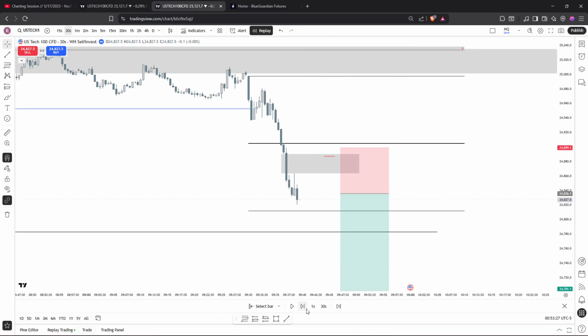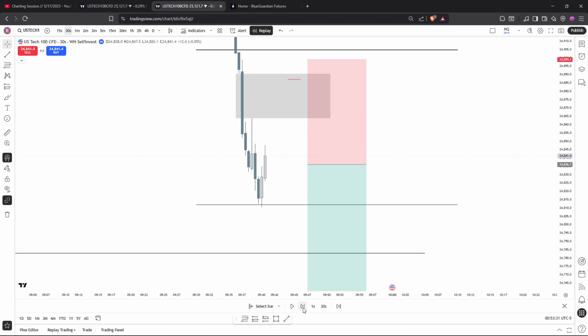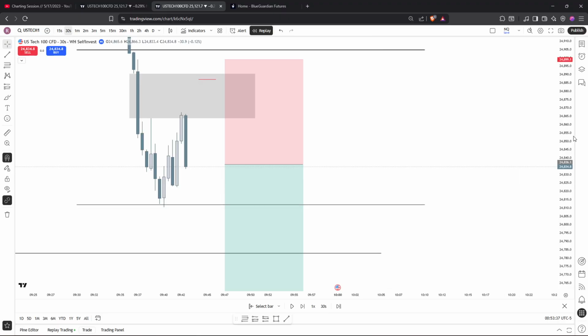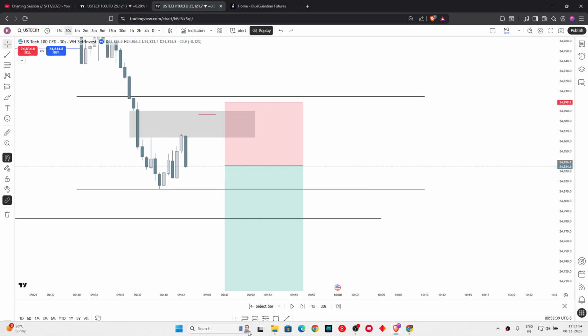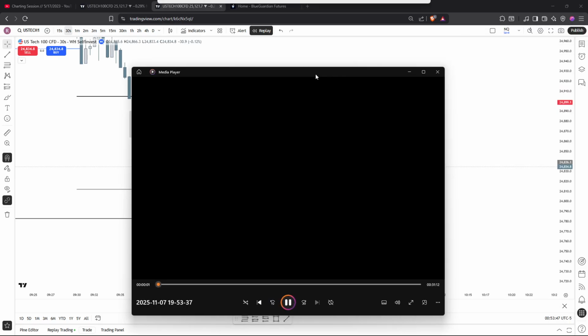Now the market came here, it formed a low, then we did get a manipulation movement here, then a pullback to the range, and here was my initial entry. If I just pull up my session execution, yesterday, 7th of December, sorry, 7th of November. So this is the session